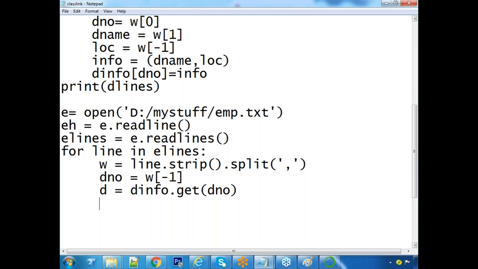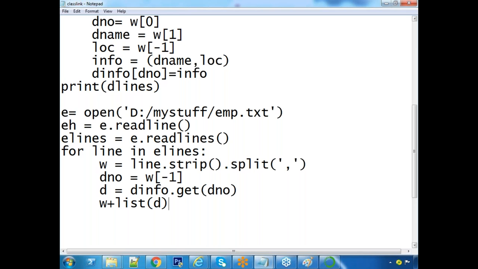Okay. Now D is a tuple because in the dictionary the value is a tuple. Now W is our list plus list of D. List plus a list, what will happen, sir?